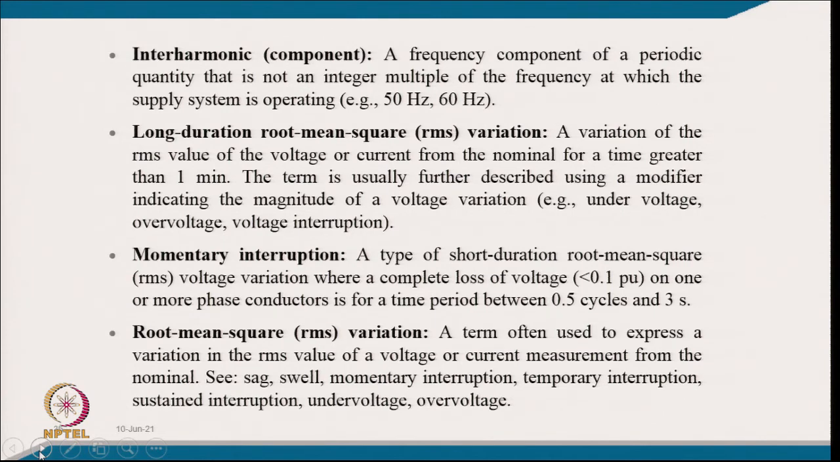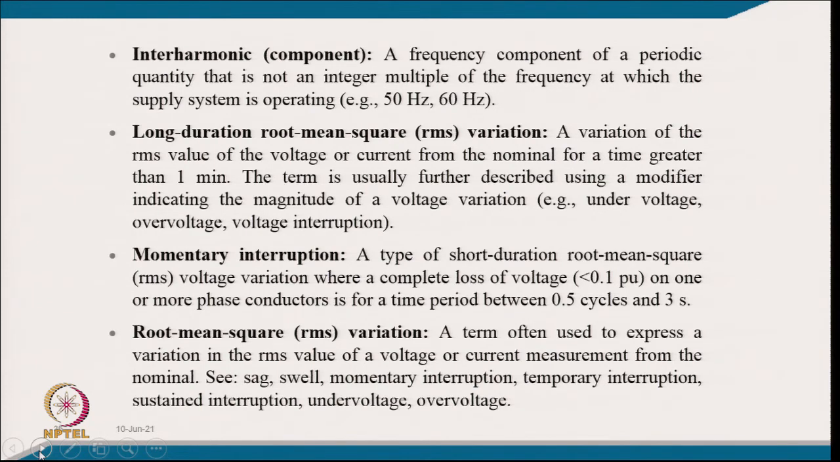Long duration RMS variation is a variation in the RMS value of voltage from the nominal value for greater than 1 minute. The term is usually further described using a modifier indicating the magnitude of the voltage variation, like under voltage or over voltage, and this is required for defining voltage interruption. And momentary interruption, a type of short duration variation, we already discussed earlier, is a complete loss, typically a reduction to less than 0.1 per unit, on one or more phase conductors for a time period of 0.5 cycle to